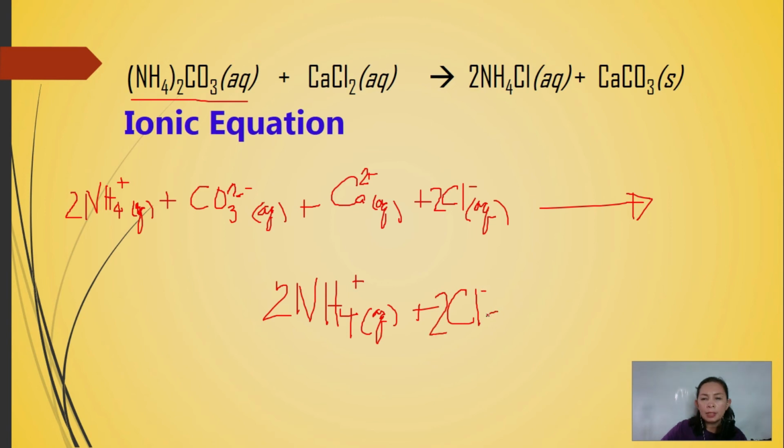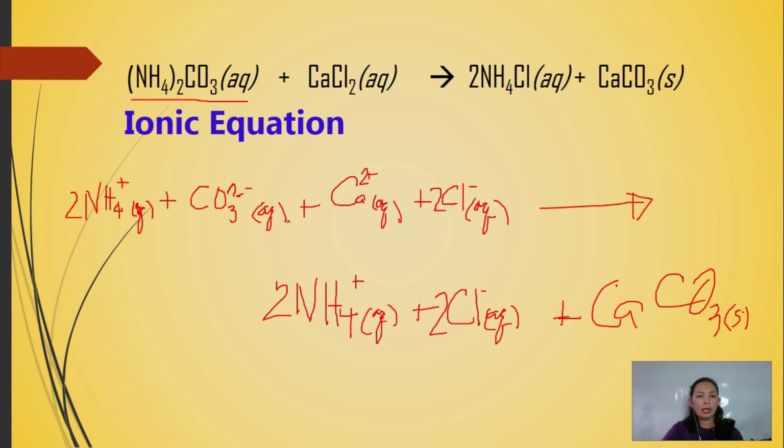Negative. Then AQ. Plus the calcium carbonate. By the way, this is S because this is insoluble in water. So S. Okay, so far we already have the ionic equation